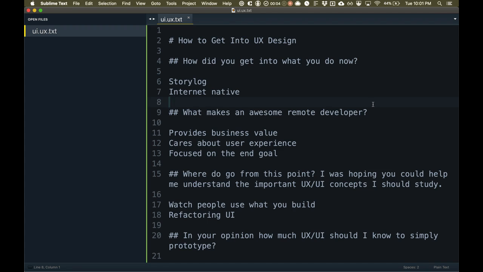Hey, so someone today asked me how to get into UX design or UI design, as well as how to become a web developer in general and work at a startup. And I figured since this is something I've been doing, working at startups for the past, I don't know, 15 years, now would be a good time to just talk about how to do that. So I'm going to go through a bunch of my notes on this and try to point you to as many good resources as I can on how to get started in this field.